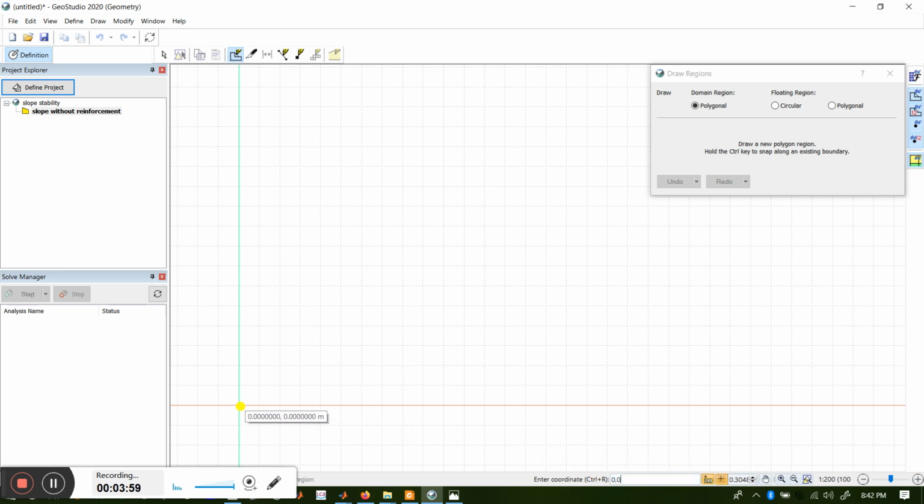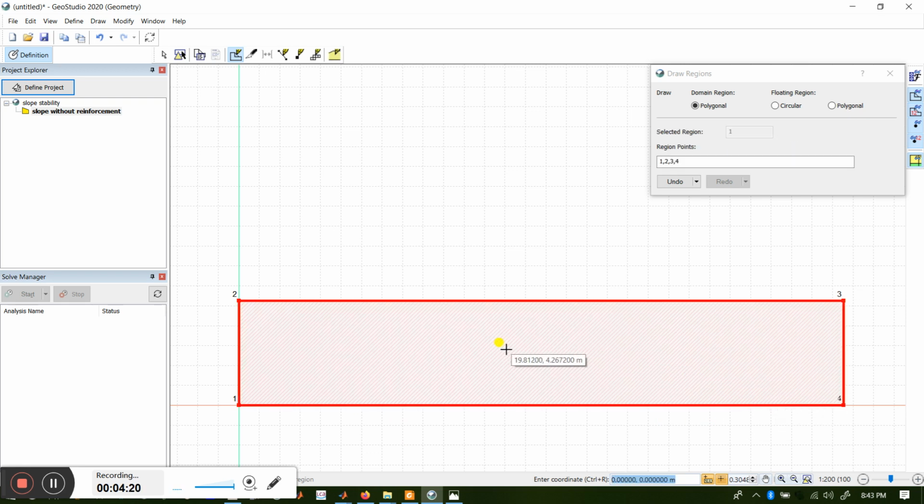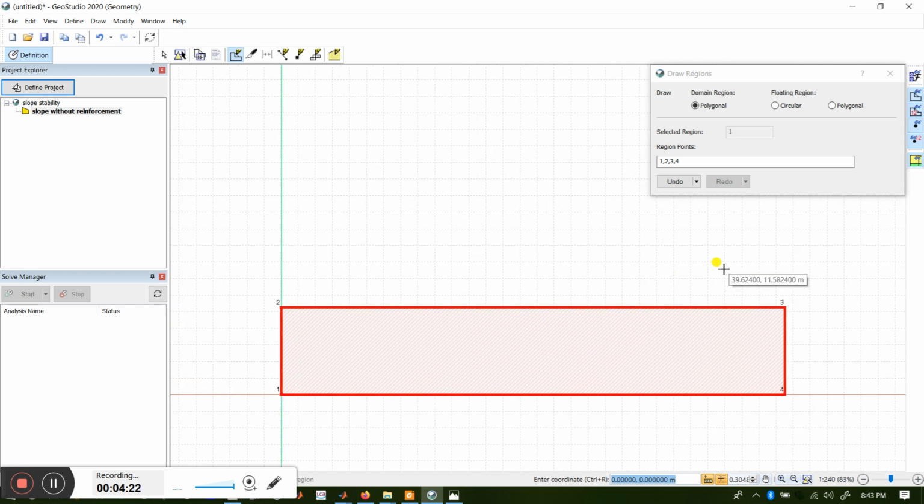My first point is 0 comma 0. My second point is 0 comma 8, and the third point is 45 comma 8. My fourth point is 45 comma 0, and my last point is 0 comma 0. The first region, my foundation block, is created.